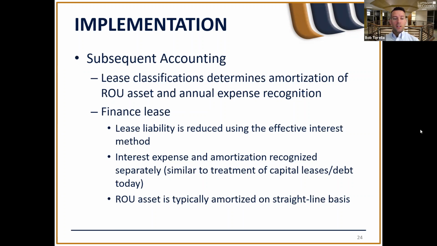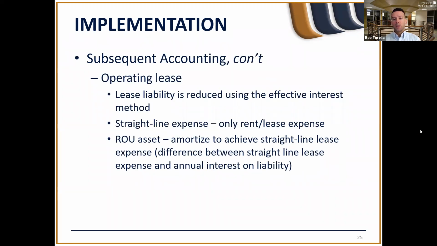Now, if we switch gears and say the lease is determined to be an operating lease, the lease liability is still reduced using the effective interest method. So your actual liability, the principal payment on your liability, is lower in the earlier part of the term and higher towards the end of the term. But the interest component of the effective interest method is recorded to the lease expense. There is no interest expense with an operating lease. Now, the lease expense should really represent the straight line amortization of your overall lease expense. So at the end of the day, it would represent what your annual or monthly payment would be.